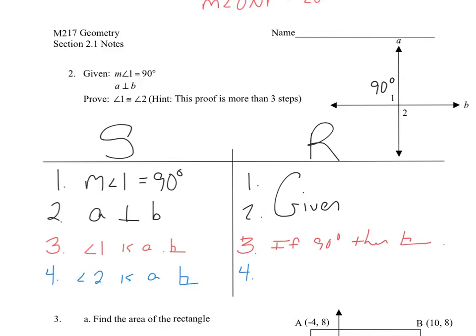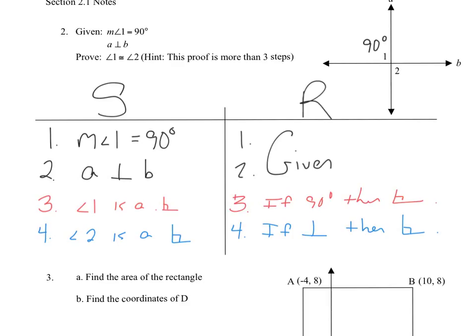So the reason on 4 is if we have perpendicular, then we have a right angle. And then finally, step 5, since we have 2 right angles, we got angle 1 congruent to angle 2. Because if angles are right angles, then they are congruent. So each given led us to 2 additional steps, which led us to be able to conclude why 1 is